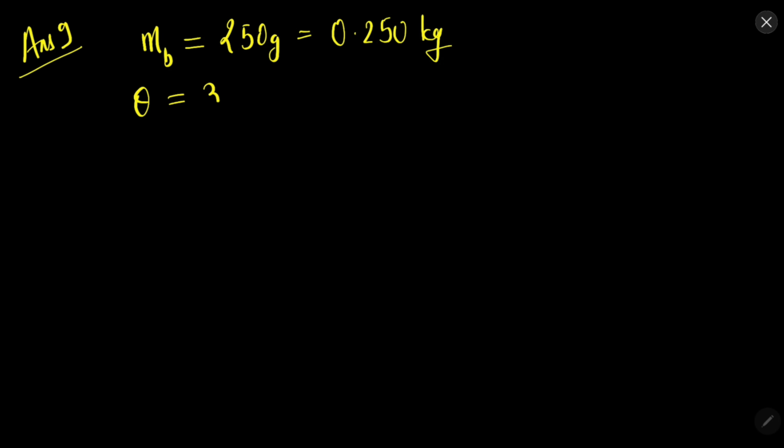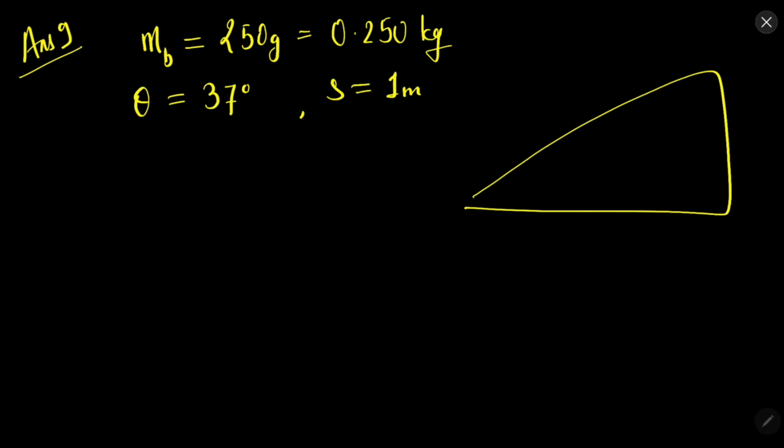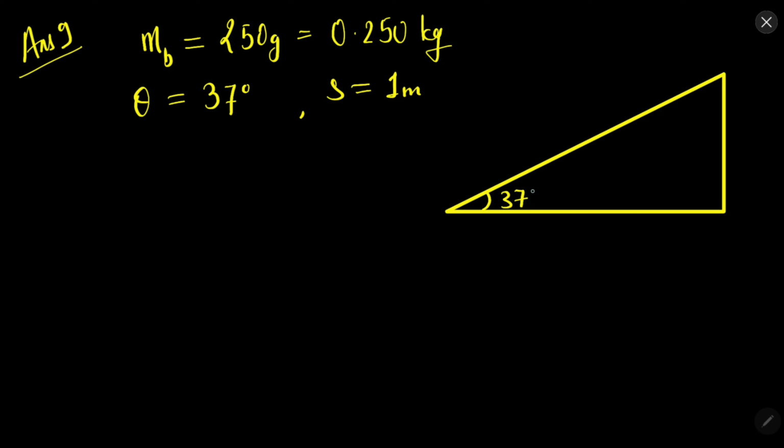So the 9th one, here what is known: mass of the block is 250 gram, so in kg it will be 0.250 kg. Angle is 37 degree, displacement is 1 meter. So let me draw this situation. So this is 37 degree,